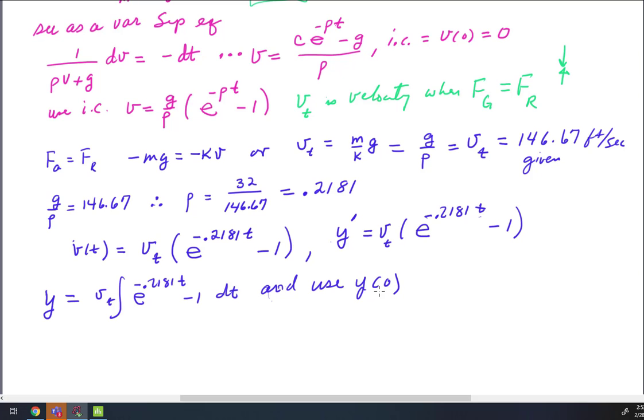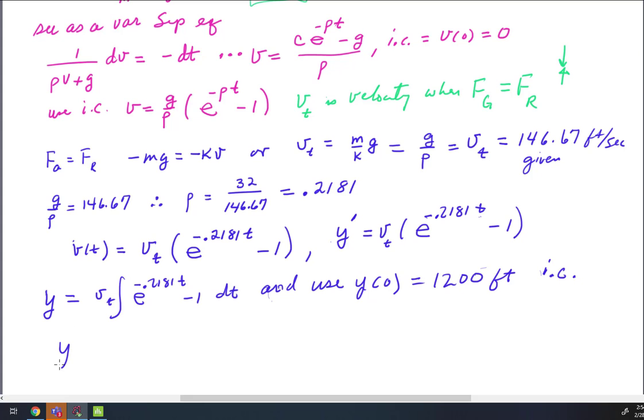Now what's the altitude at time 0? Well, it's given in the problem that it's 1,200 feet. So this is an initial condition. Whenever you solve by integrating, you're going to pick up an arbitrary constant. You can use this initial condition to evaluate the arbitrary constant, and we will get